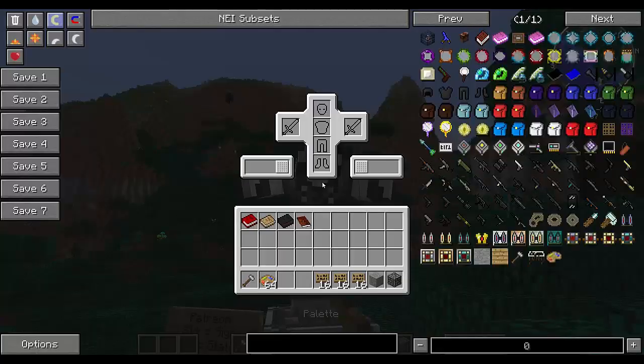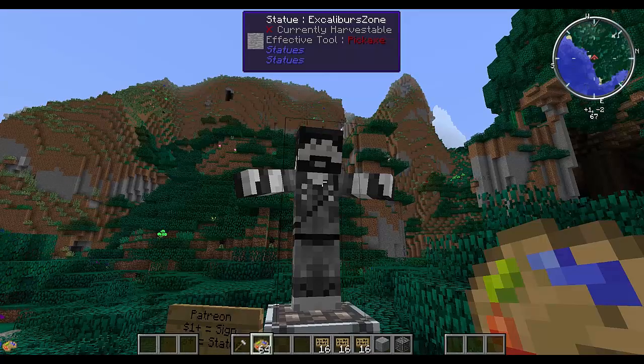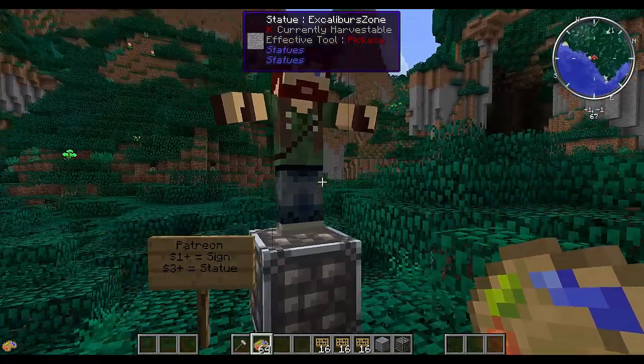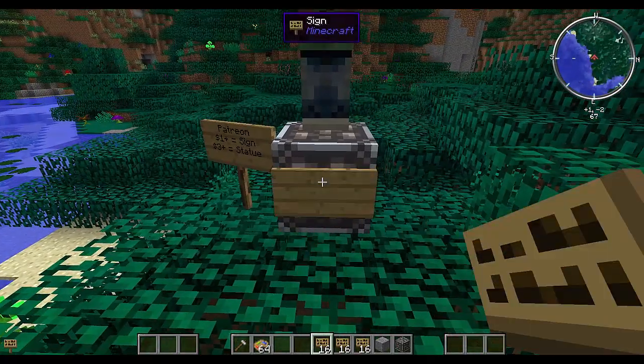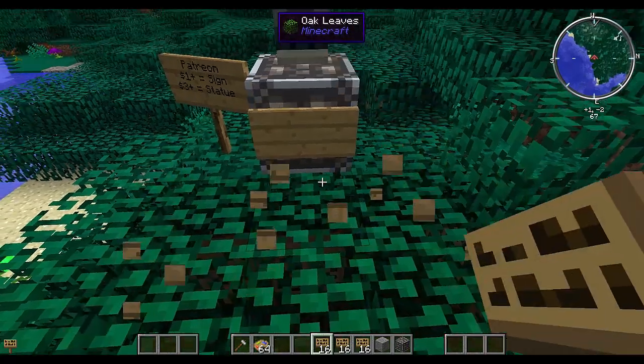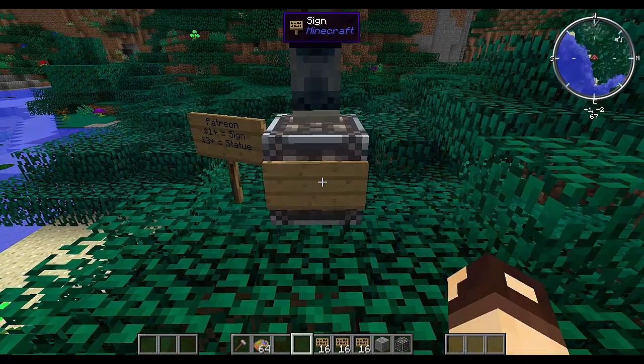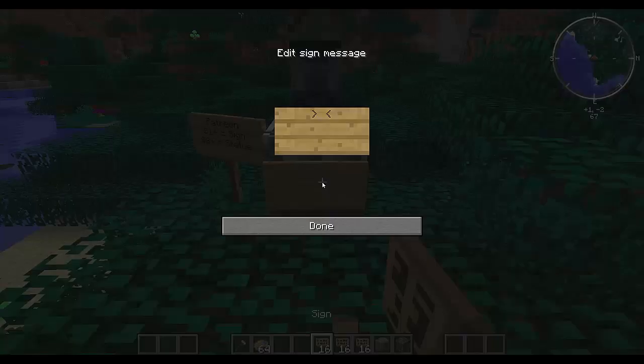Then what you do is just smack it, and there we go. And then I would do something like this. And let's make it a little fancy. Make it a little bit fancier. So we'll do something like this.